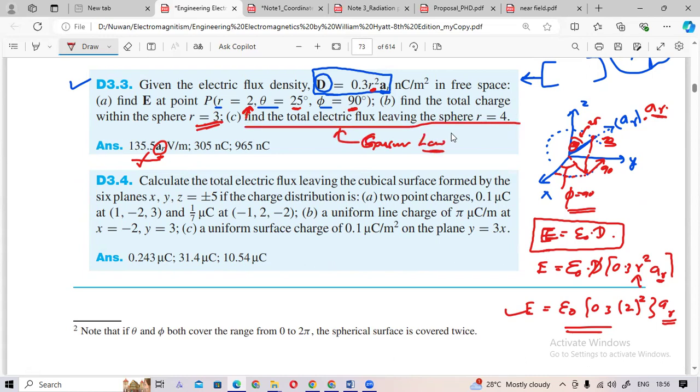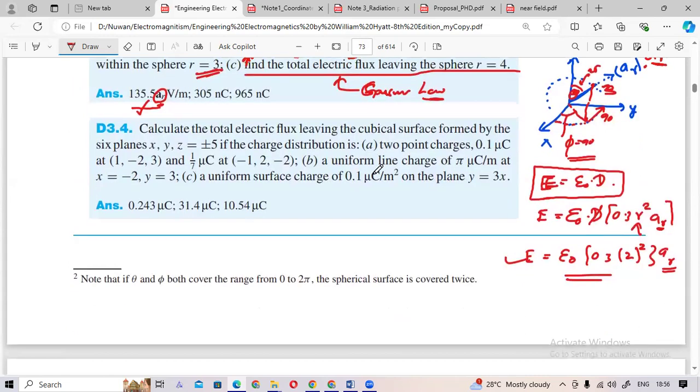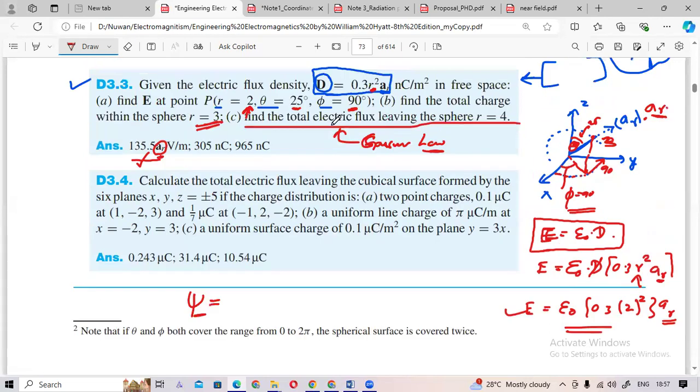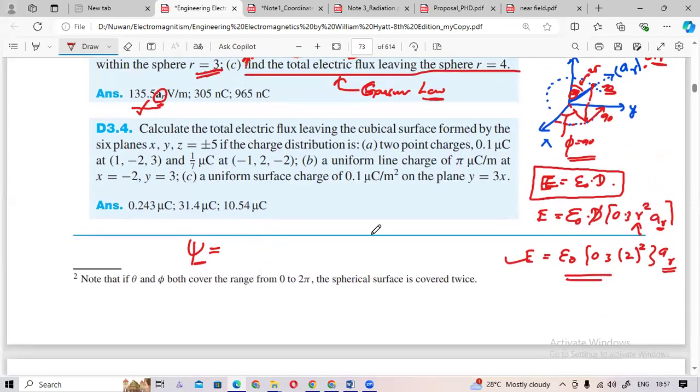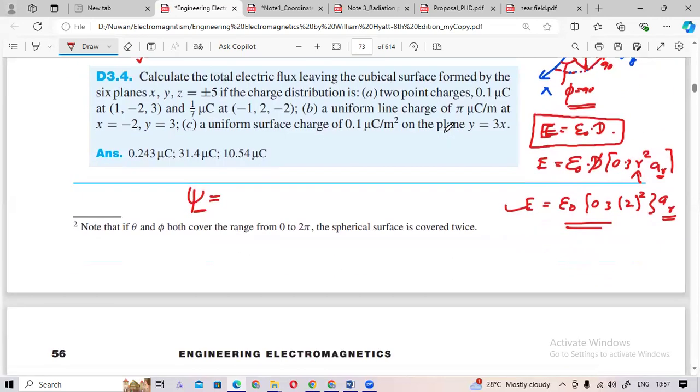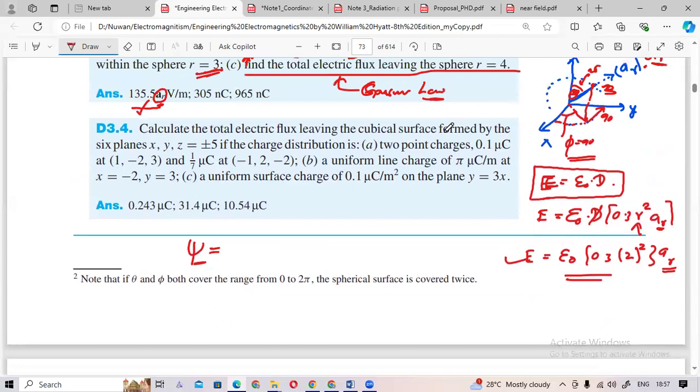So what is Gauss's law? The total electric flux leaving the sphere surface is equal to